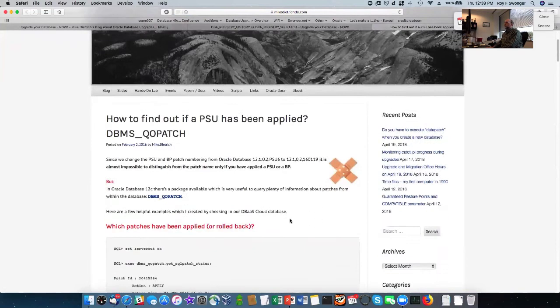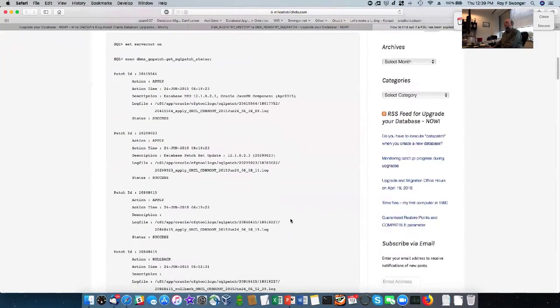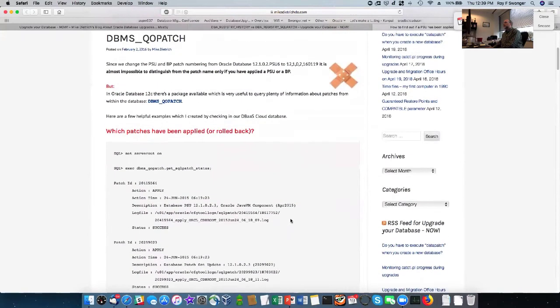And this is the other one, DBMS_QOPATCH. So I just want to go off a little bit about DBMS_QOPATCH. This was a new package that was added in 12.1, and it has some pretty useful features in it. And one of the things, for example, that I have an enhancement request filed about, that I assume will get worked on eventually, is